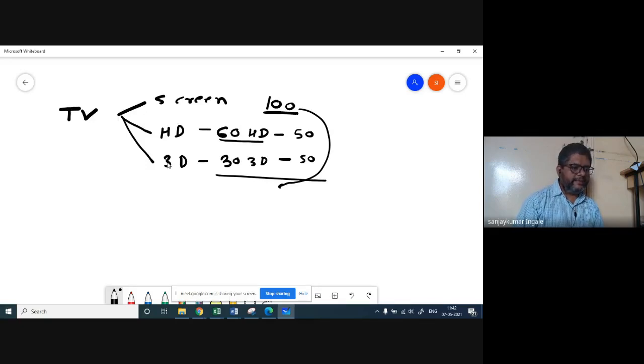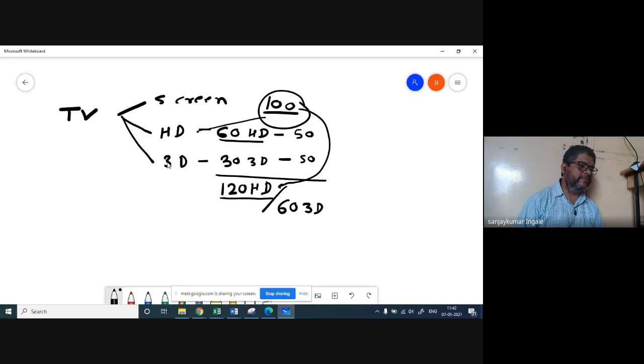So in another 50 units, I can produce another 60 HD TVs. So we can say the total aggregate units that we can have is equal to 120 HD TVs. Okay, equivalent 120, I'm saying. Or you can say it can be an equivalent 60 3D TVs. So in this total time, how many units of one category we can produce, we have to mention. Maybe based on the requirement we will change.